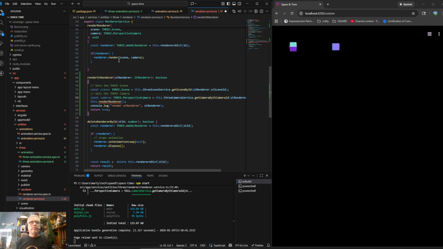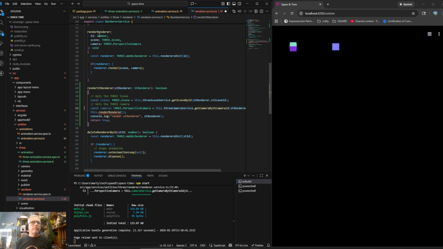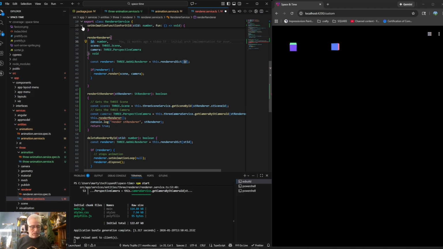Forward. And I think this just makes things so much easier to contemplate. St renderer ID. And then